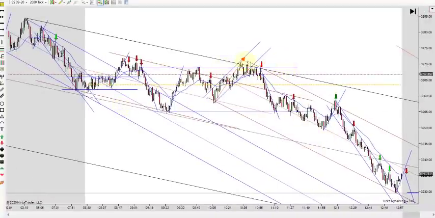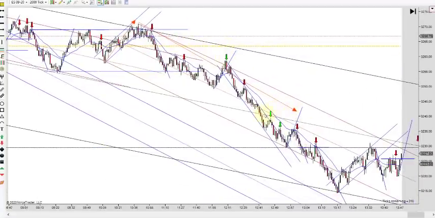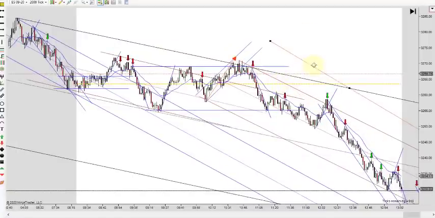Plus, if you notice the two-legged correction right there, you've got to be thinking, hey, this might be the center of the pattern. We might do a whole other leg down, just like this one right here. So that would have been your minimum target today. And notice we just dropped off after that. So this didn't really help you at all.